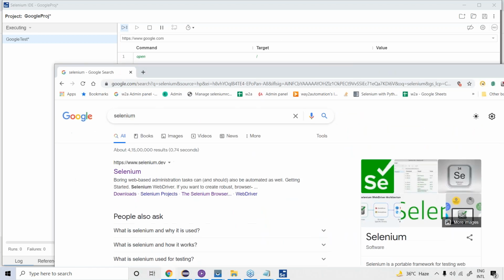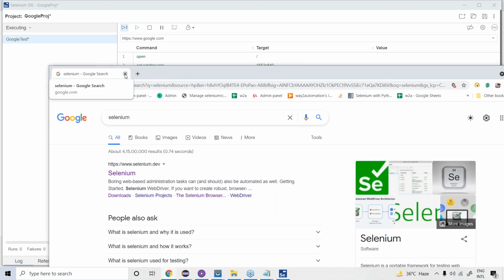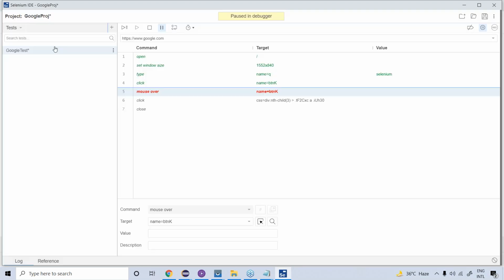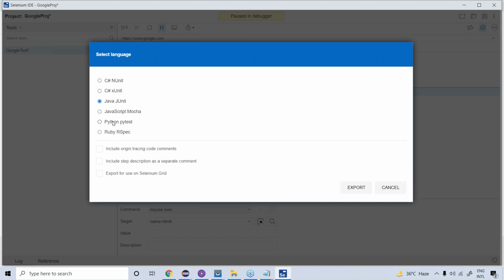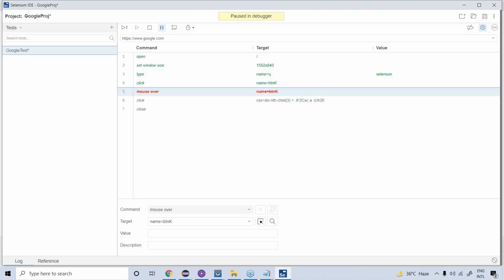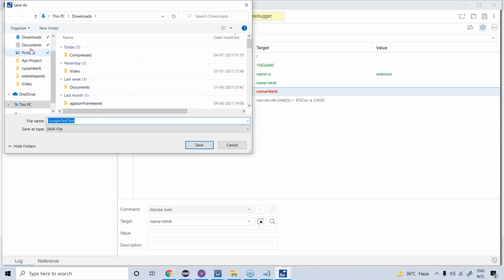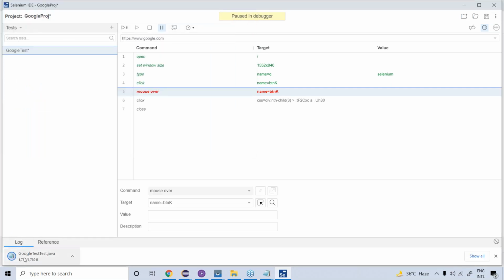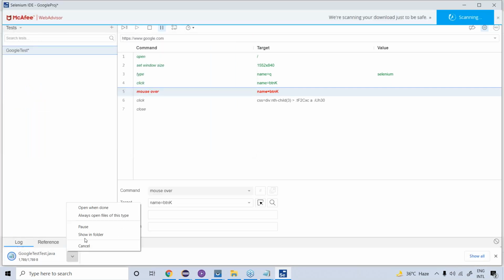And then it didn't click because there are some little synchronization issues that we need to handle. We need to add some wait. But normally, when people start doing this record and play, we can extract the code from here as well. Let me pause it. So we can right click and say export, and see there are multiple languages available. If I say Java JUnit, click on export, and go to my desktop and save it as Google test, you can see a Java file downloaded over here. If I open this,